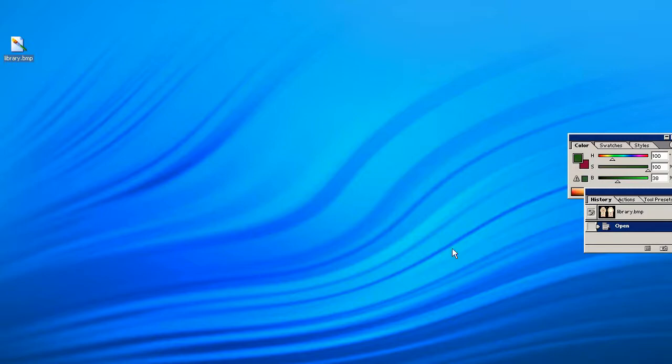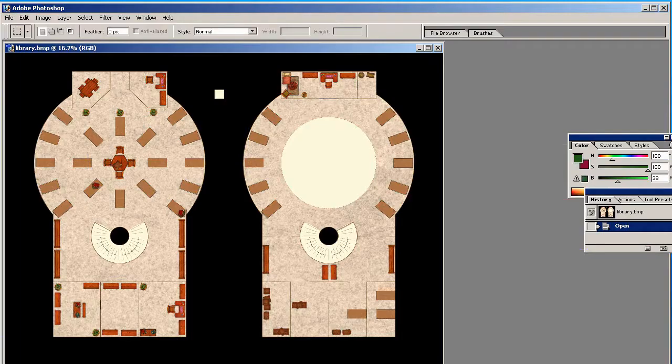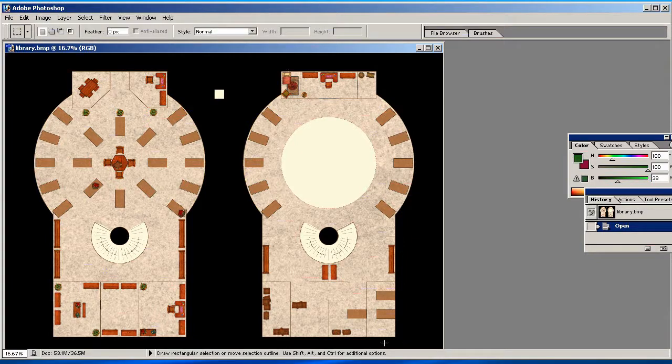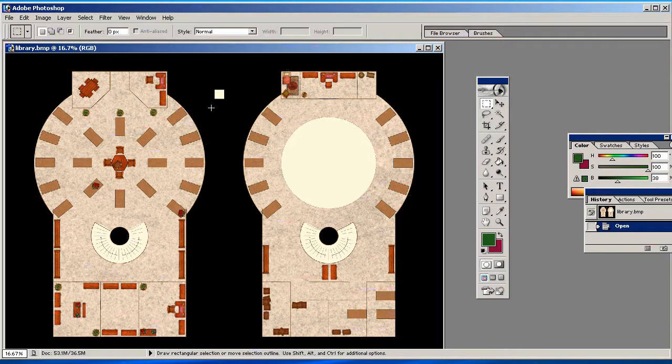Okay, it's off my screen here because it's on my Cintiq right now. So let me bring it up. It's on a totally different monitor here. And I'm not going to be using a pen tablet here to do special things to it. So I'm just going to show you what I quickly do in order to enhance